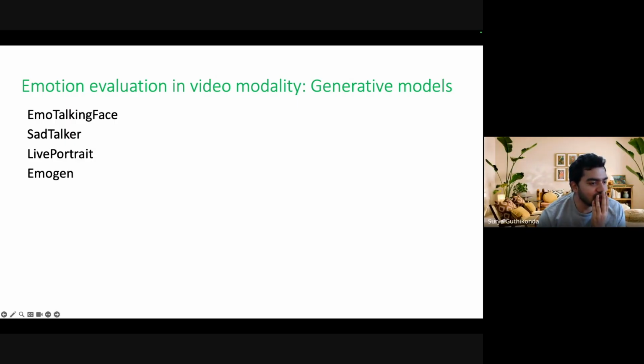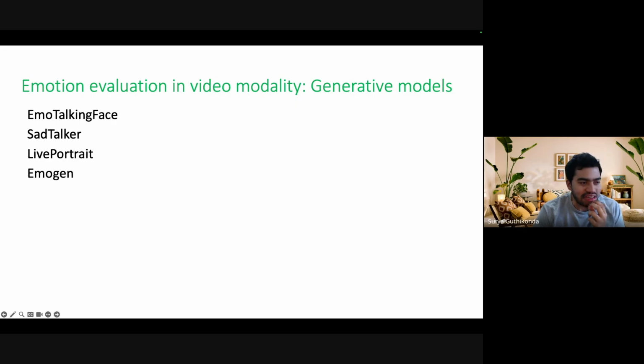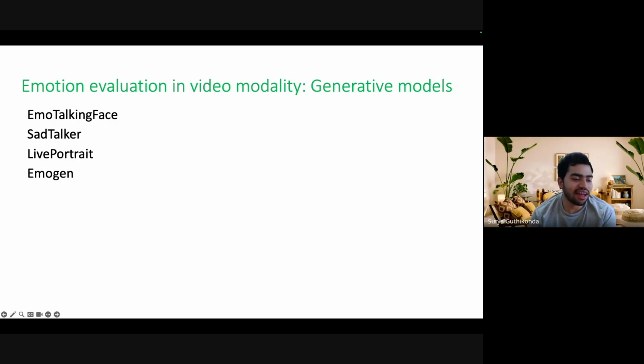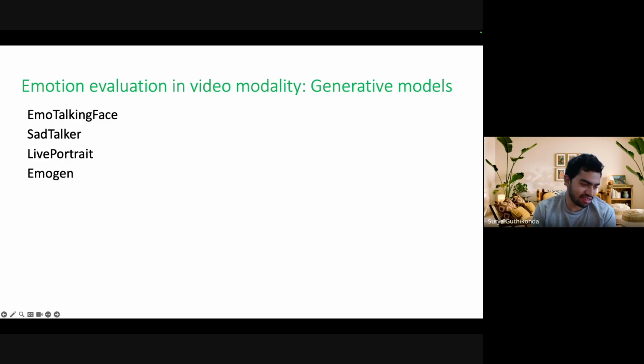Are all of these open source models? Yes. Did you try maybe Sora or Veo? The problem is our data is private because of ethical concerns. For the text modality there is no problem, because we use the content itself without the pictures.